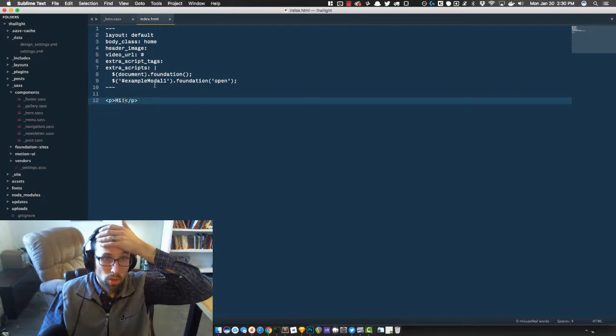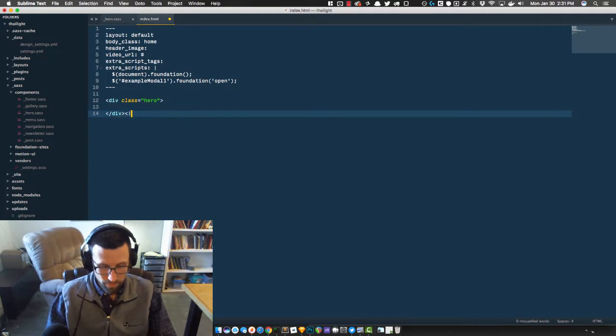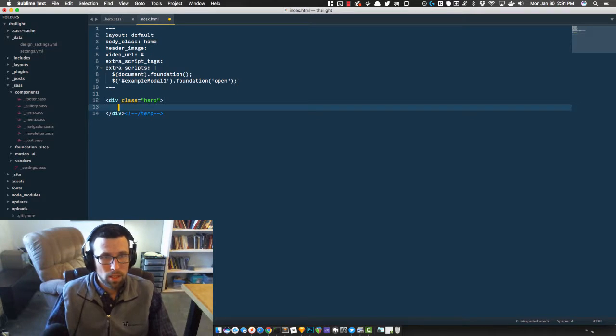And what we're going to do is we're going to put a div called hero right here. So right here is the index page, and this is going to insert itself after the navigation on our home page. So let's go here and let's add a hero. All right, so we have our div called hero, and we need to be able to get to this in